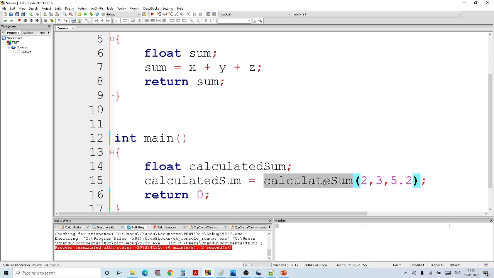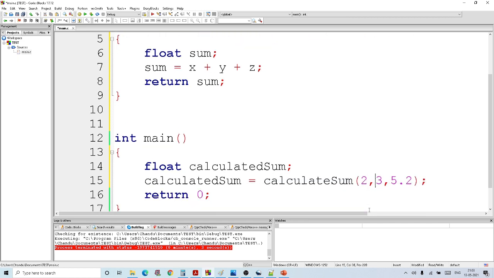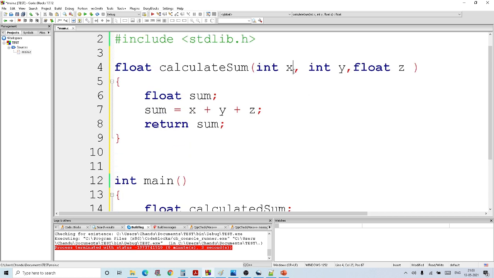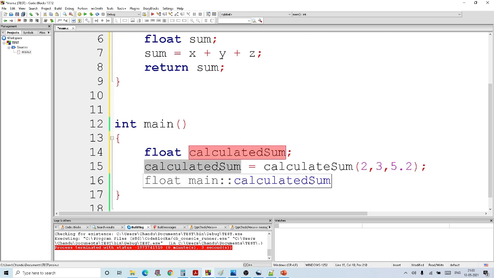When the function calculateSum is called, this code is executed. We have given inputs 2, 3 and 5.2. So x will become 2, y will become 3, z will become 5.2. Now the sum of these three numbers is calculated, x plus y plus z, and we are returning the output here, and that output will come and will be stored in the variable calculatedSum.